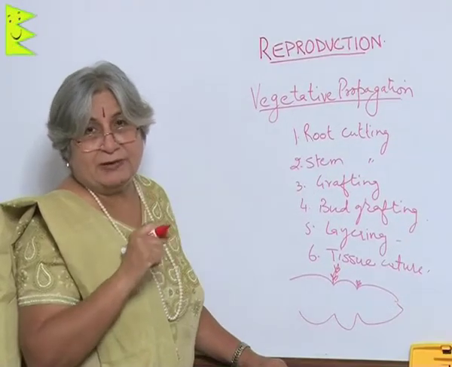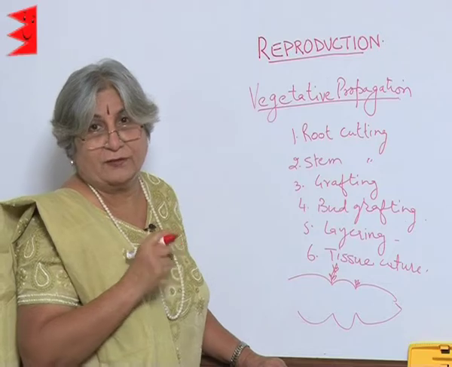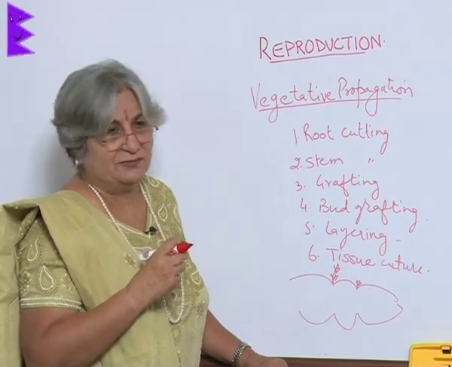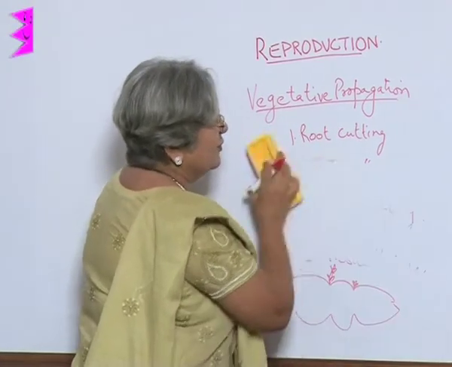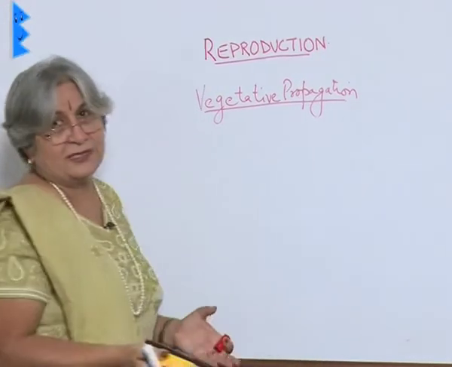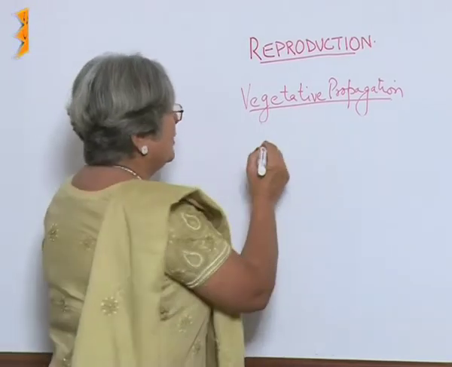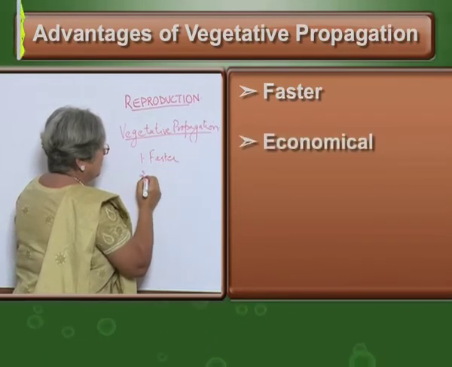This method has been really exploited by human beings in horticulture. Why so? Why do horticulturists use this method? Very simple. It is fast. So, naturally it is faster than the sexual method. If it is fast, fewer inputs will be required, it will be cheaper, more economical. So, it is faster, economical,